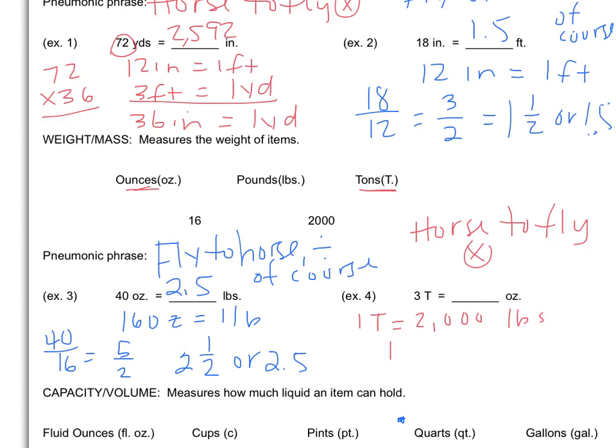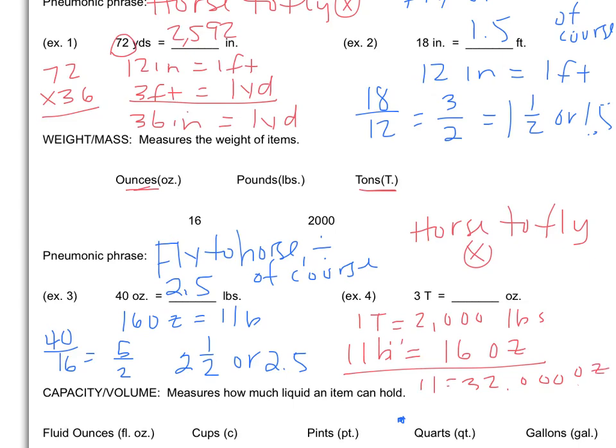And then there are 16 ounces, or excuse me, let me erase that. And then 1 pound is 16 ounces. So since we need to multiply, you need to do 2,000 times 16. There are 32,000 ounces